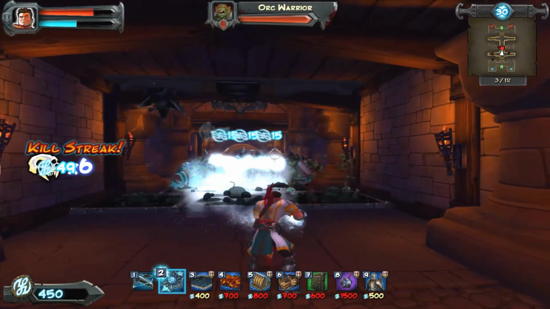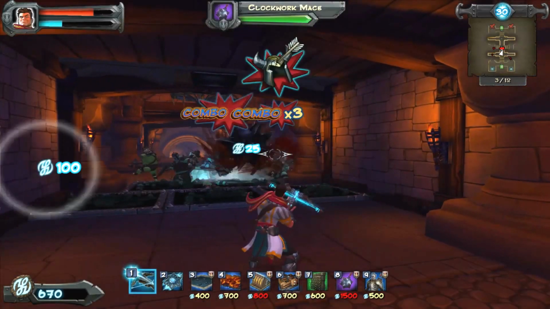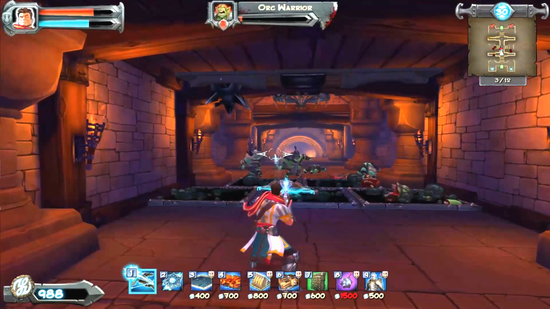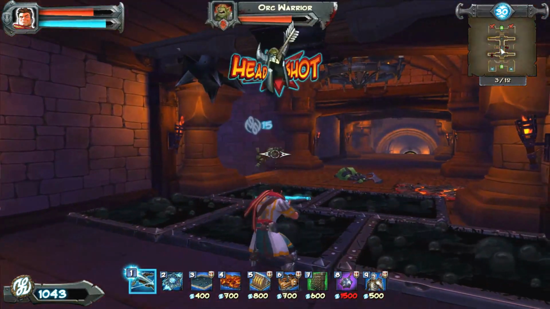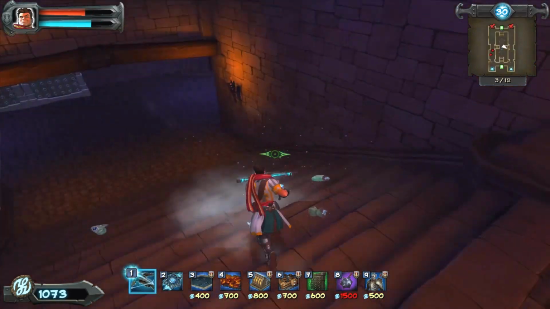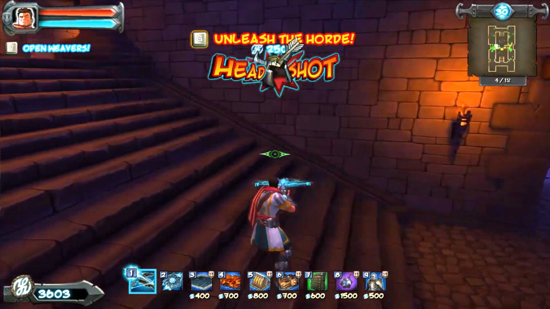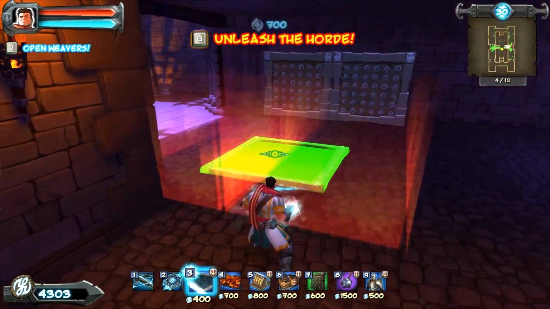We can see here, we just freeze the orcs, weaken them a little bit, get a couple of headshots here and there, but allow that Clockwork Mace to do its work, and get us plenty of coins. Take out the annoying crossbow orcs. There we go. So, 3,600. Let's go ahead and